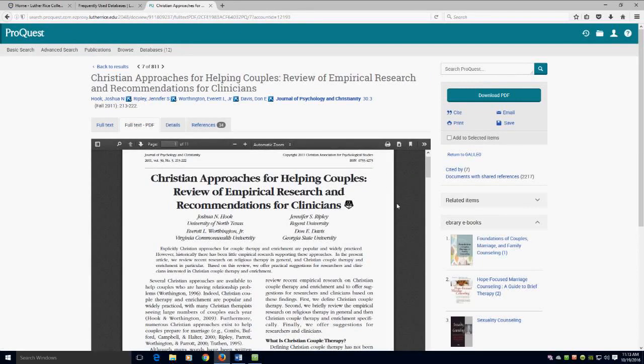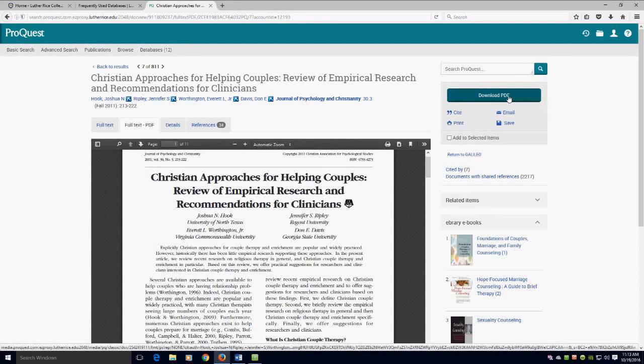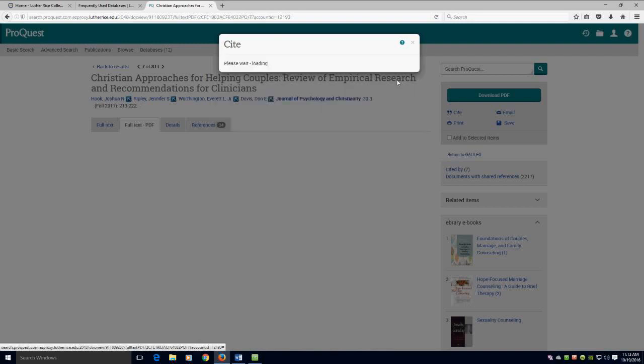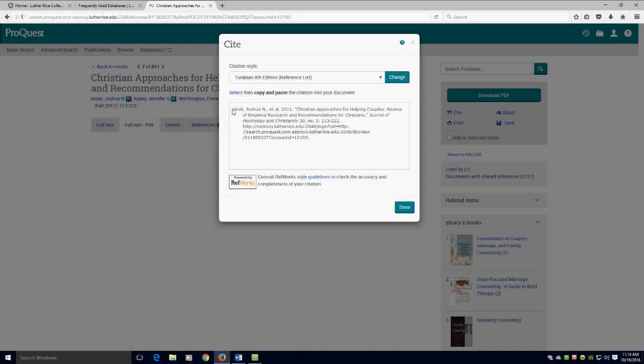Okay, there's a lot of things you can do here. You can download it as a PDF. You can use the citation tool, or you can email it to yourself. Let's look at this citation tool. You can change it here. It's on Turabian 8, but I think we want this reference list here, and change it and get the citation from there